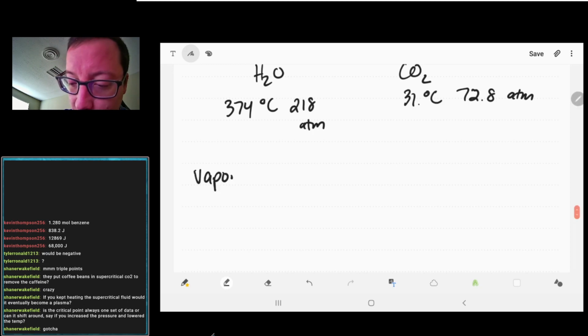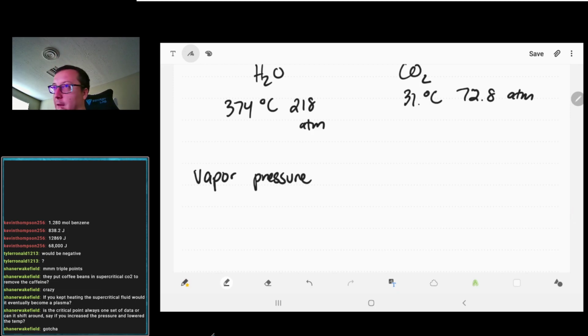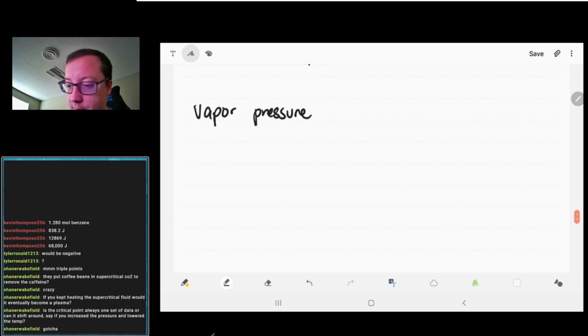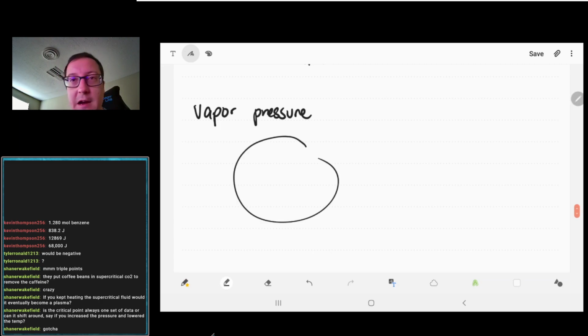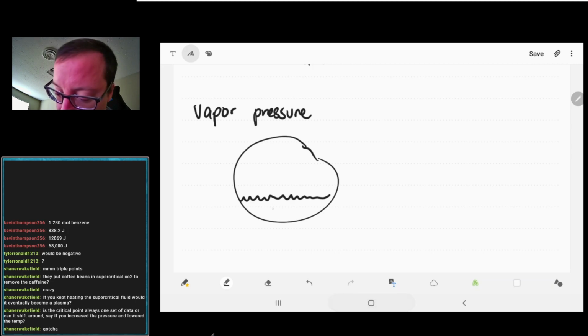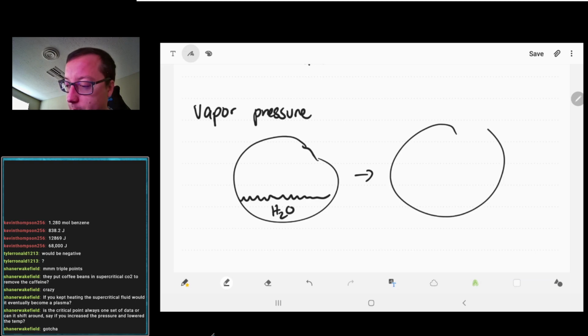All right, let's talk about another thing. Vapor pressure. So here is our container. Let's put some liquid in there. What liquid do we want to use? We could use water, whatever liquid we want. If we were to just put water into a completely vacuumed vessel, we're going to see that some of that water